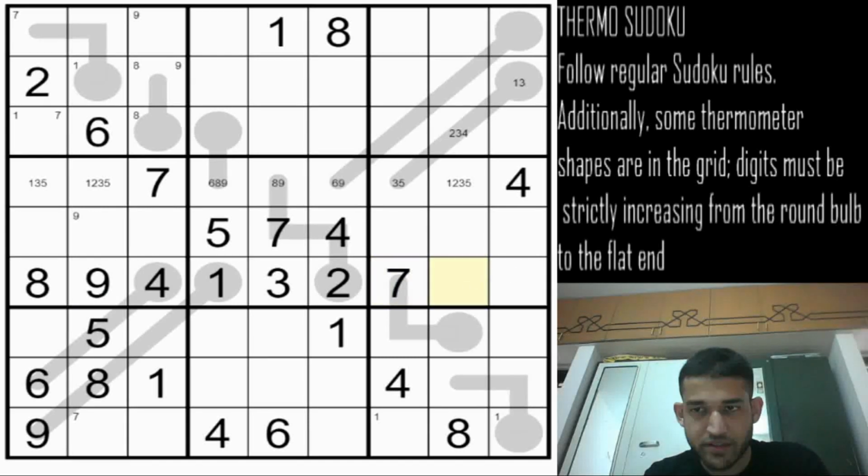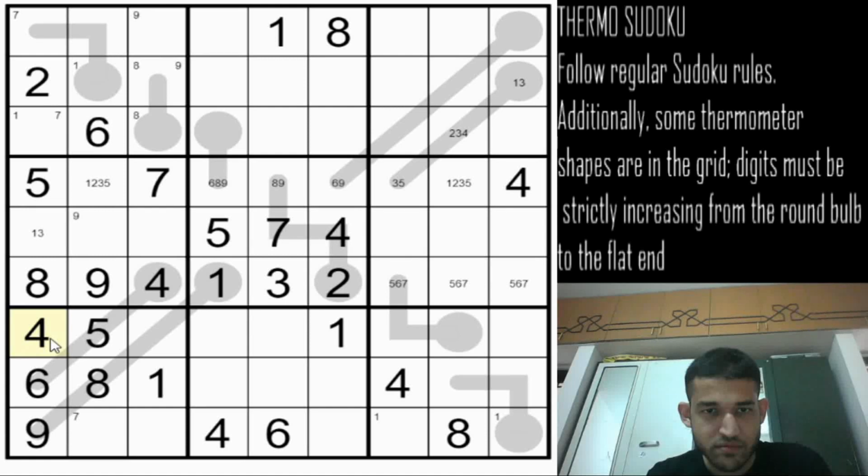Now this will be a 5, 6, 7. This is a 5, 6, 7 and this is a 5, 6, 7. And now in box 4 there is only one cell left for the 5. 5 is in row 5 and 5 is in column 2. So 5 has to be here. And this cell will be 1 or 3. And 4 in box 7 can only be in this cell. This cell will be 1, 3 or 7. And this cell will be 1, 3 or 7.